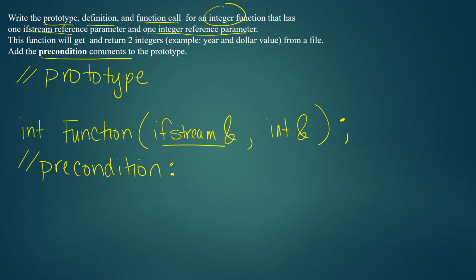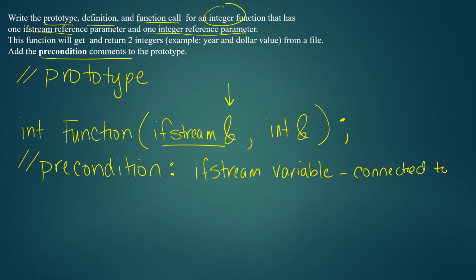Well, first of all, you must have an IF stream variable because the reference parameter requires a variable. That means it has an address. And you also, because we're going to be reading from a file, it must be connected to a file. And we also need to have an integer variable for the other reference parameter,